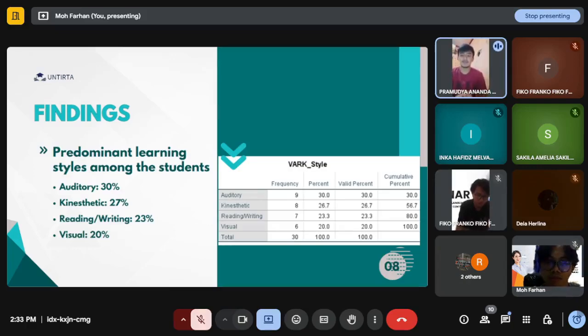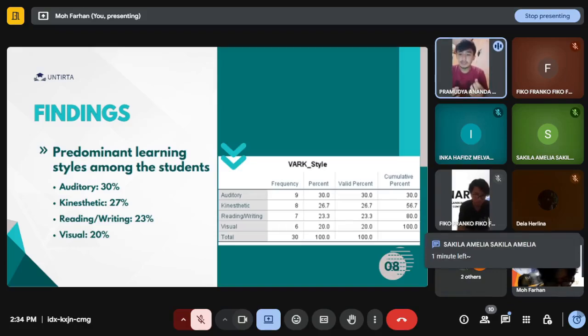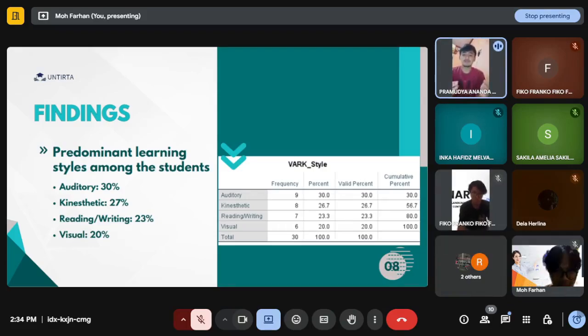This descriptive analysis of learning styles among the students in the study revealed that the auditory learning style is the most common, accounting for approximately 30% of the respondents. This finding aligned with the anticipated distribution of learning styles within the study group. The results indicate a diverse range of learning preferences among the students at Universitas Sultan Ageng Tirtayasa, with a notable inclination toward auditory and kinesthetic approaches. This diversity in learning styles highlights the importance of varied teaching approaches, as a one-size-fits-all method may not effectively cater to all students' needs. Okay,